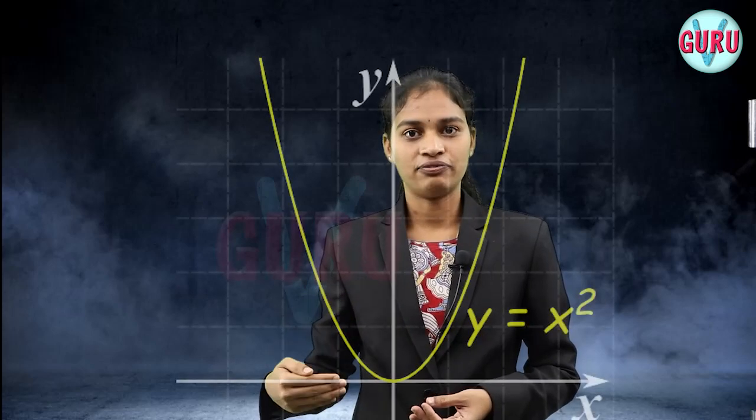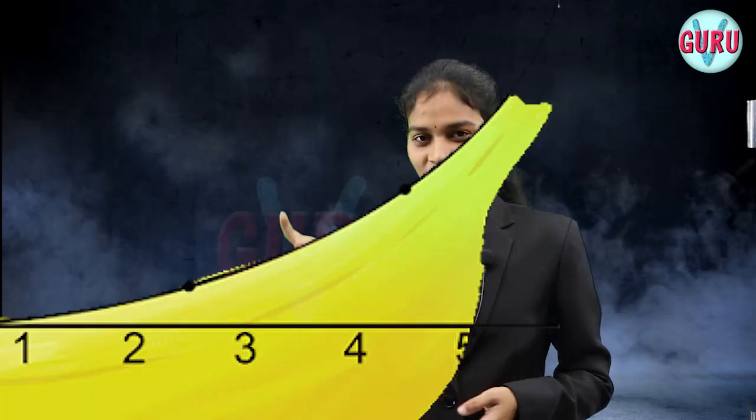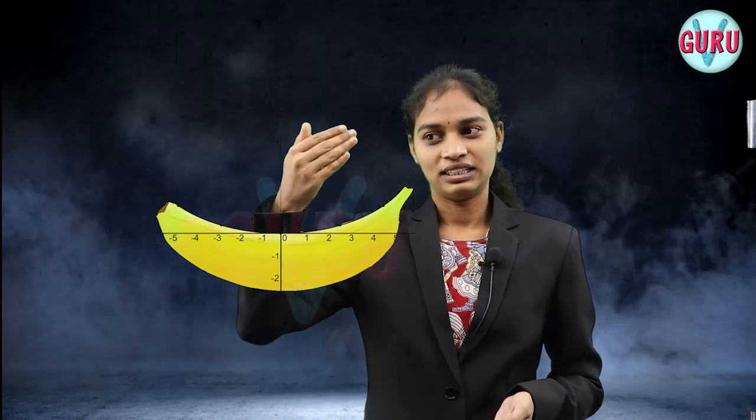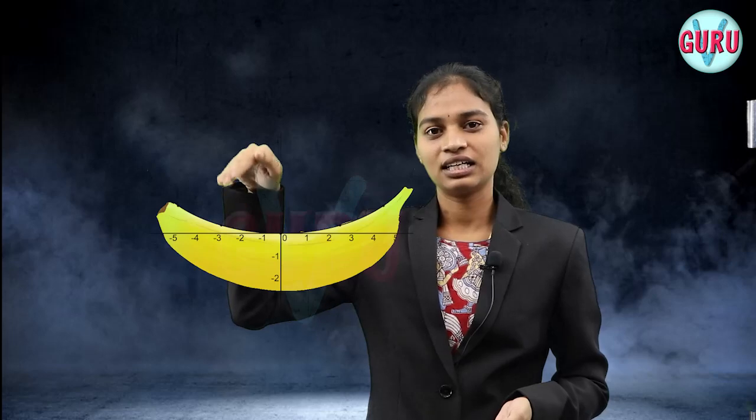Now let's see some examples where we use quadratic equations. For example, if we launch a rocket, it will go in a forward direction initially, then it takes a curved path. So to find the maximum distance the rocket has reached, we use the concept of quadratic equations, because quadratic equations, when we take them in graph form, form a parabola. Just imagine a banana. The shape of the banana is a curved path, so it is also a quadratic equation.